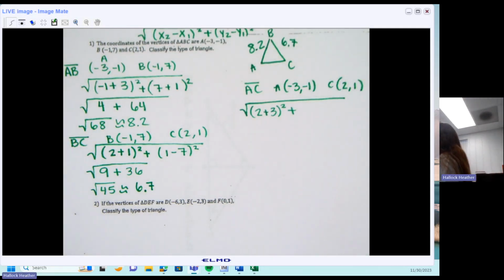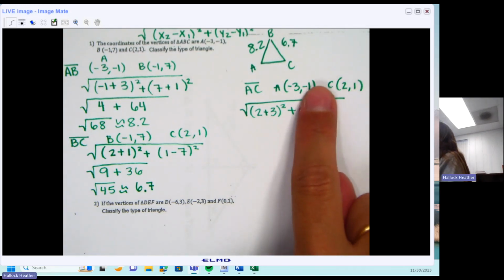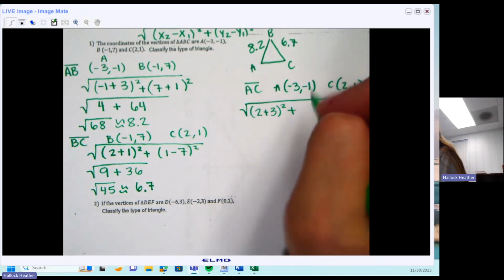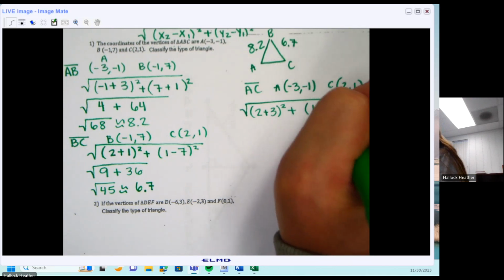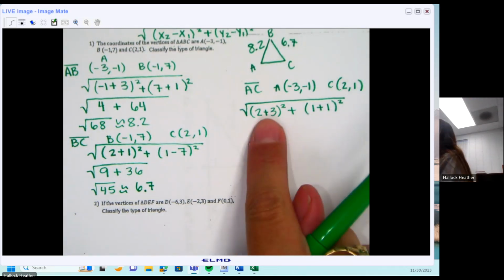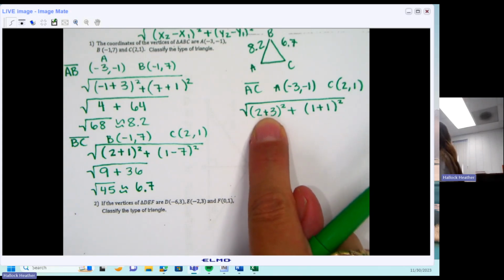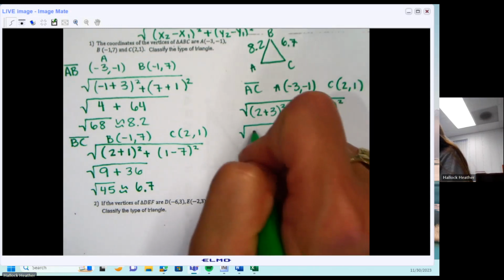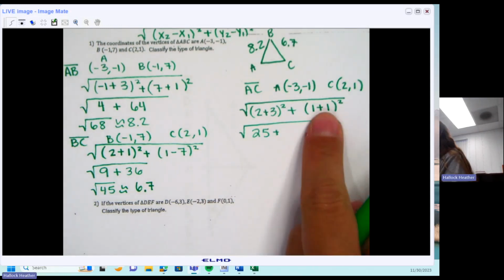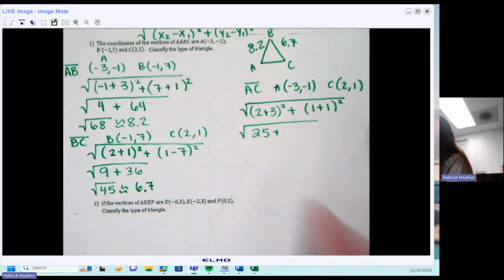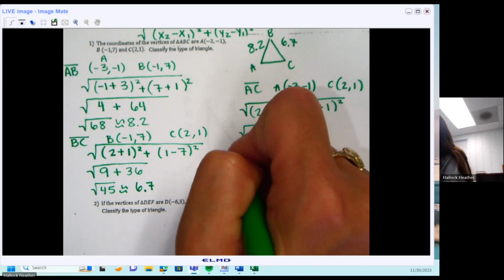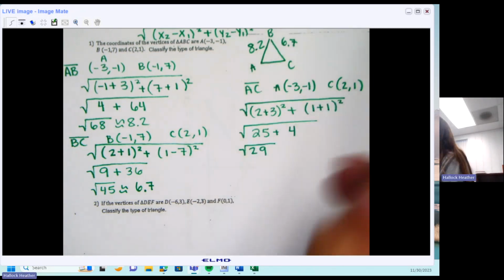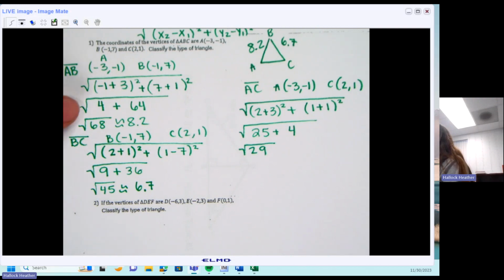And I'm going to take my y's, subtract them. So I have 1, I'm minusing -1. 1 minus -1 is really 1 plus 1. 2 plus 3 is 5. 5 to the power of 2 is what? 25. 1 plus 1 is 2. 2 squared is 4. So this is 29. So you could automatically stop here technically, because you have the square root of 68,